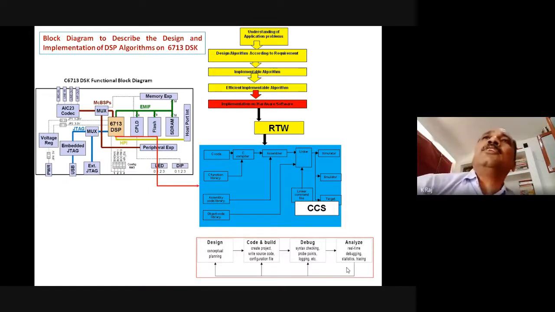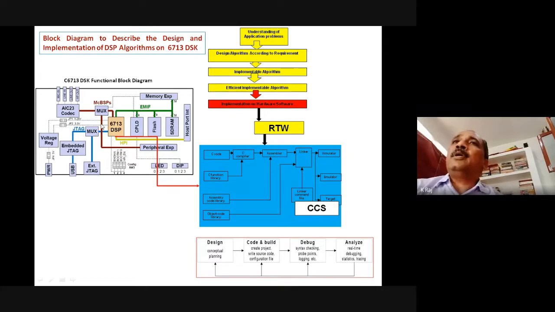So if we come to this kit, which we have described in the previous lectures, then we will see this is the main core processor, the 6713, that is the TMS320C6713 digital signal processor, and it communicates with the real world either in analog form or in digital form. Here some ports are given. For example, the AIC23 codec, through which this digital signal processor communicates with the real world, having the 4 ports: mic in, line in, line out, and headphone out.